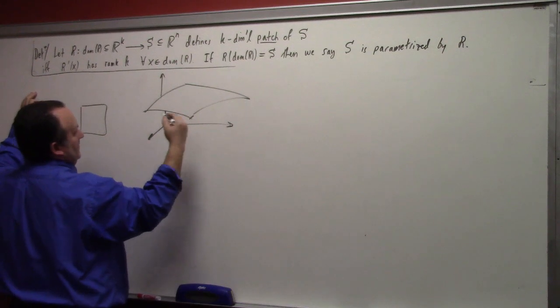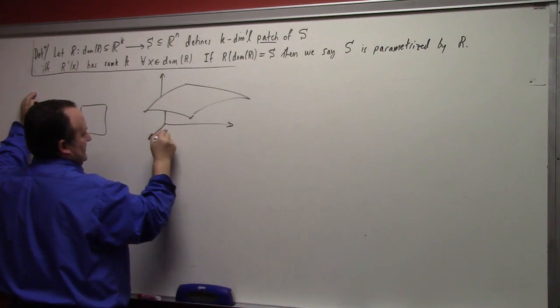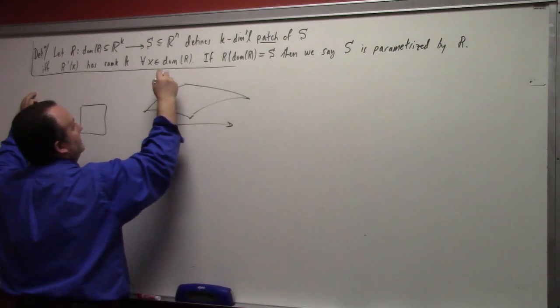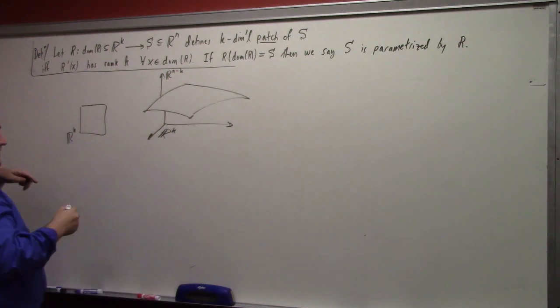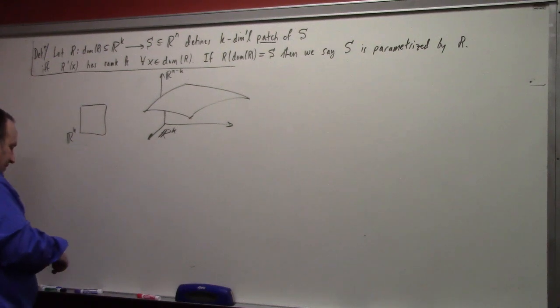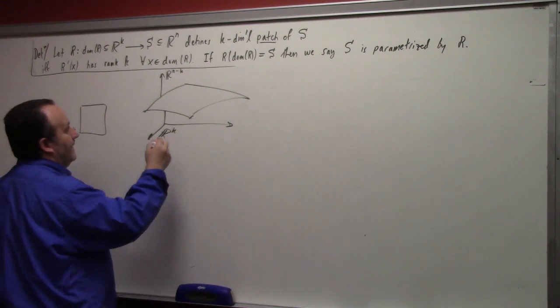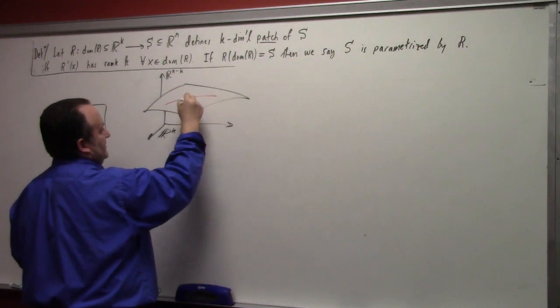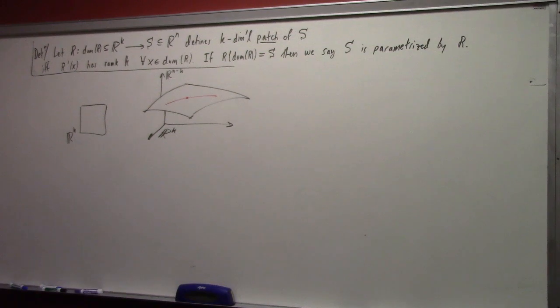And again, we can look at Rn for lack of imagination as like an Rk down here and an Rn minus k up here or something. Just a stupid picture, but if I have tangent vectors up here, how can I build a tangent vector like that? Well, I can